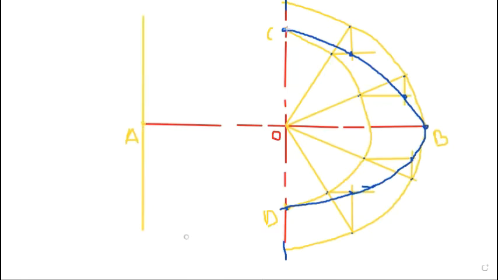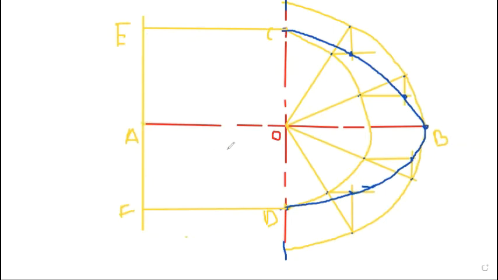Okay. Similarly here also from this we draw a horizontal line from C point, and similarly from D point we draw another horizontal line. Okay. Now remember this, suppose we give the name E and this is F. Remember that if we divide OA in x equal parts, we also divide AE in x equal parts.